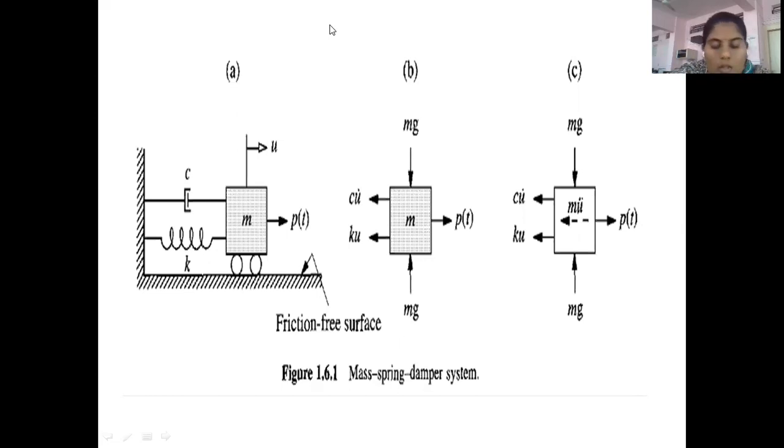Okay. So now we'll move towards the next point. I hope all of you have completed. So there is an A part, B part, and C part. These three parts are given here. But this B and C part is of the A part only.